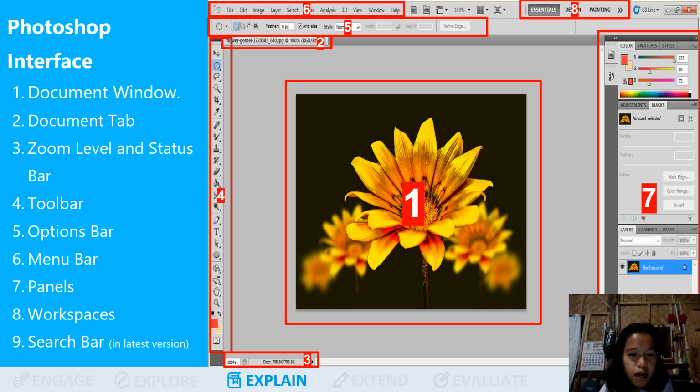So a search bar, it's available in the next or latest version. So in this picture, I'm not sure if it's the latest because the search bar is not available, but the search bar lets you quickly find tools, tutorials, or help topics. So it's available in newer versions.